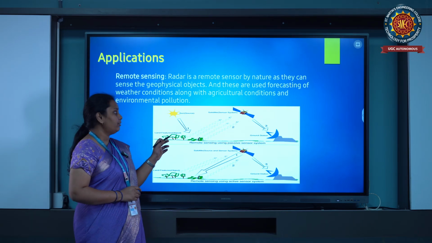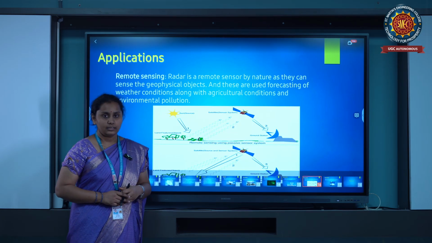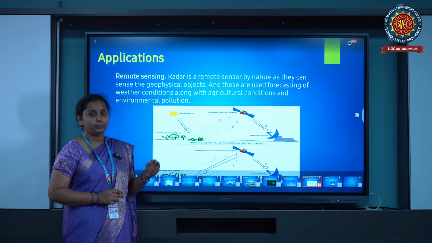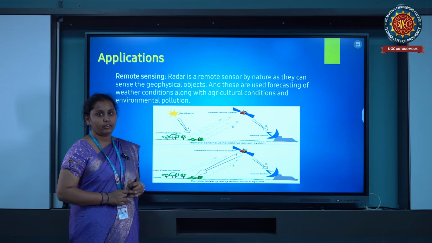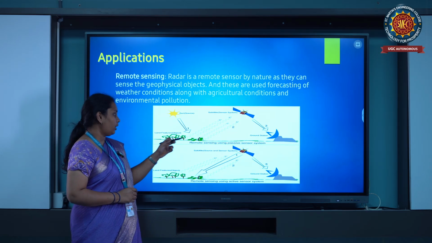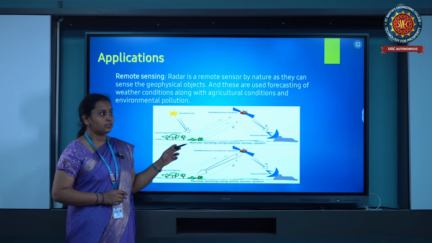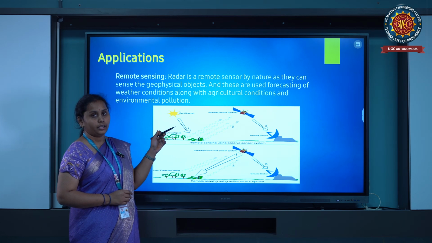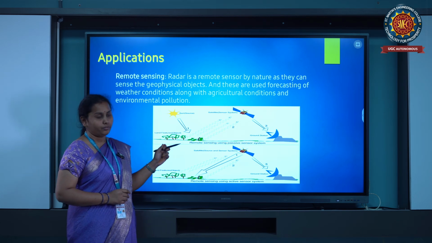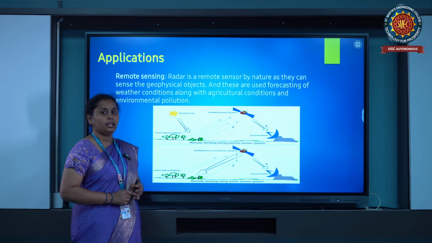If we use this for sensing, we can sense when rainfall will occur, and how agricultural land can be saved from floods or droughts. We can detect these by this radar.